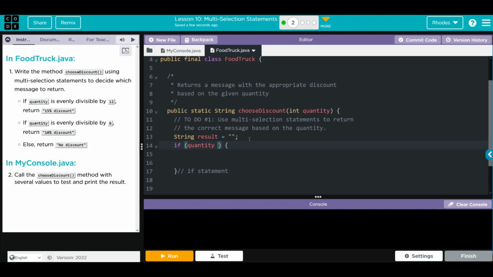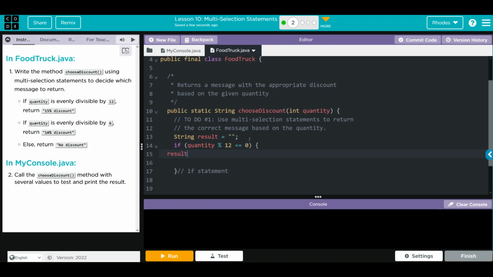How are we going to test if something is divisible by 12? I think we can use a mod. Mod's a remainder. So that means if something is evenly divisible by 12, it should have a remainder of 0 if we mod it by 12. So let's use our old friend, the mod. 12, and if that is equal to 0,